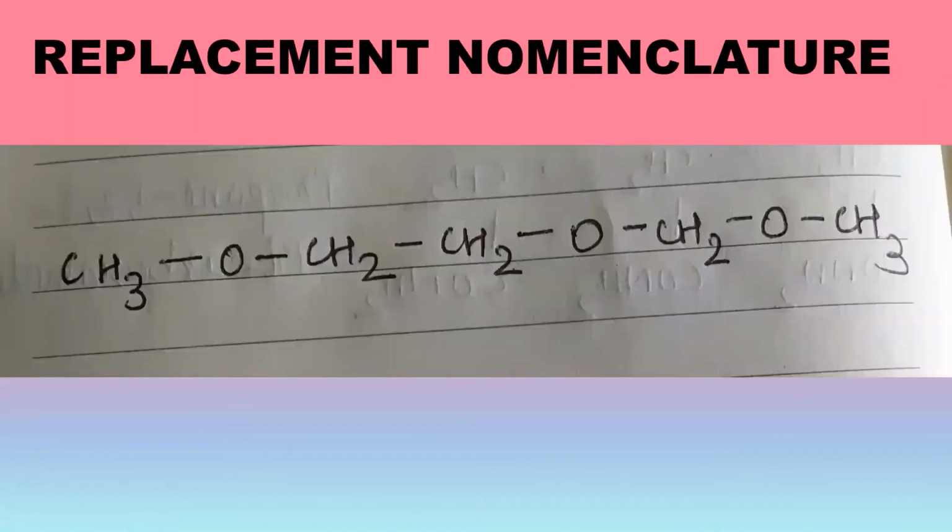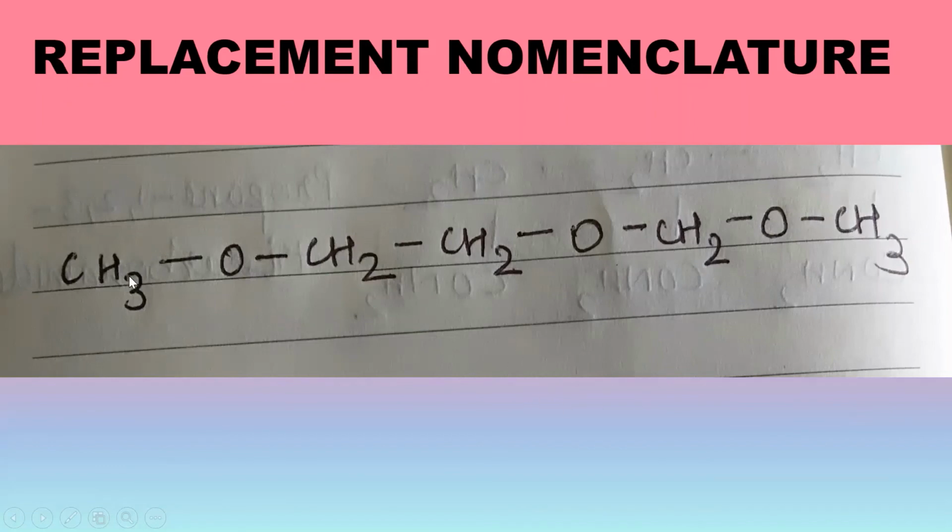So coming to the next topic, that's nothing but replacement nomenclature. I'm going to be explaining it using this example. It's nothing but when there are many ether oxygens present in a particular compound, we also assign a serial number, a locant number, to these ethereal oxygens. And so the naming of this compound goes in a way in which the ethereal oxygens are also taken as our normal carbon atoms. And the prefix oxa is included in the name along with the position of the oxygen in the chain.